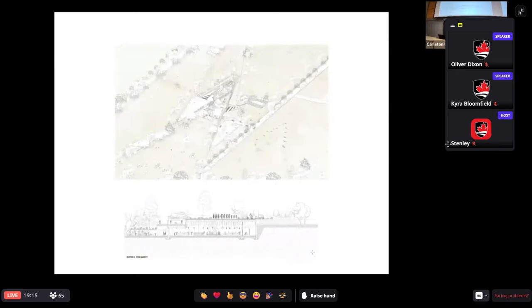This is a little project, again, just to throw a visual in there. The reason why I chose this one, it's kind of a lovely drawing. It's a bit soft. If the lights were off, you would see it far more clearly. But also, I think that it's an important drawing to show because you see what's called the section at